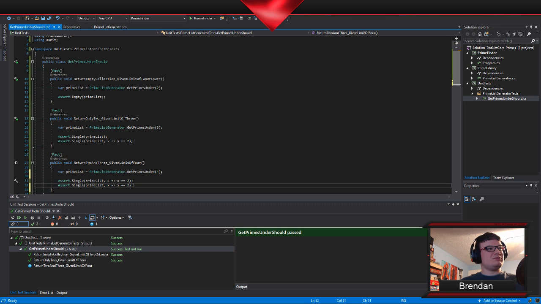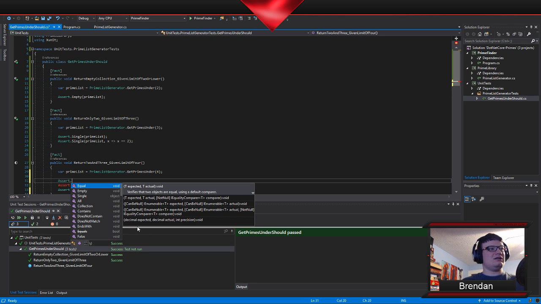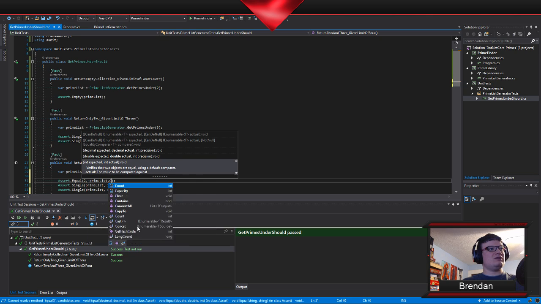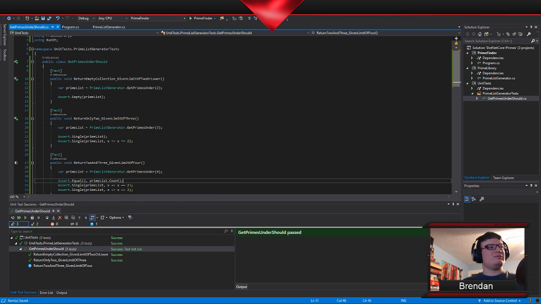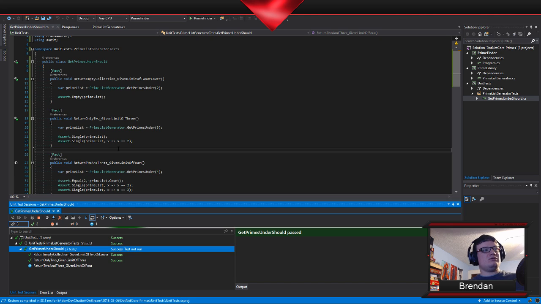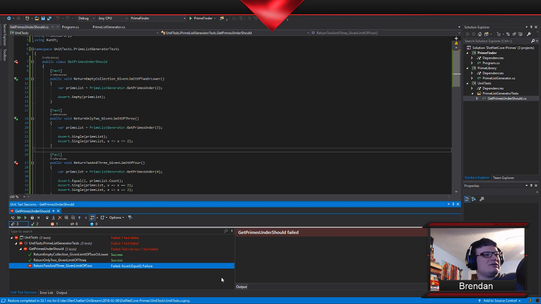I'm expecting there to be a 2. I'm expecting there to be a 3. Assert equal to prime list. We'll see if it suggests something on that also. No, it doesn't. Okay. So now I'm going to run this one. We'll see what it gets us back. So assert equal failure. Expected 2, actual 0.